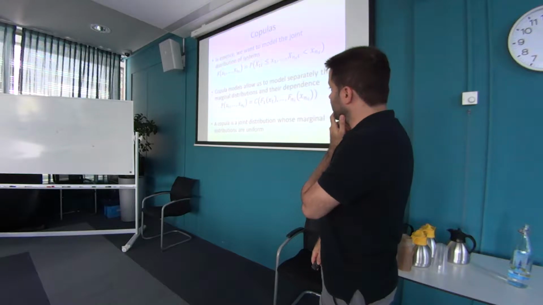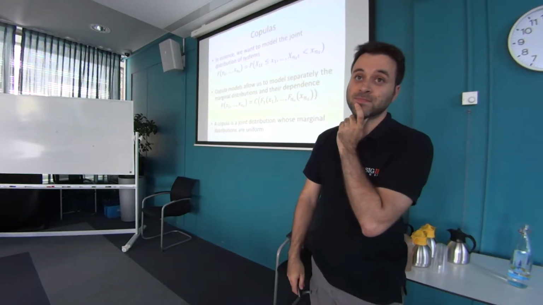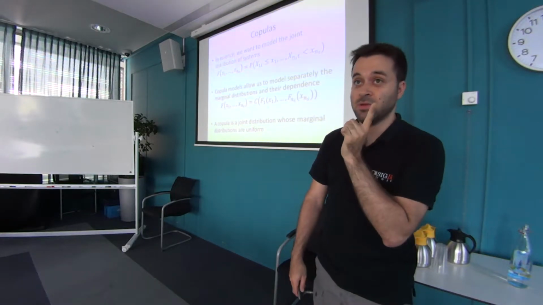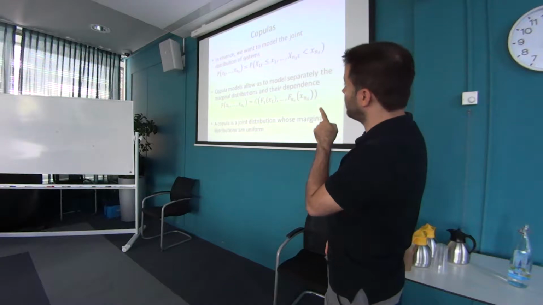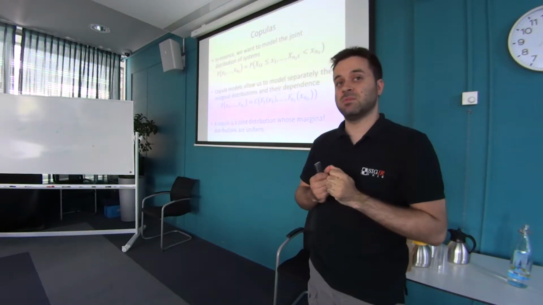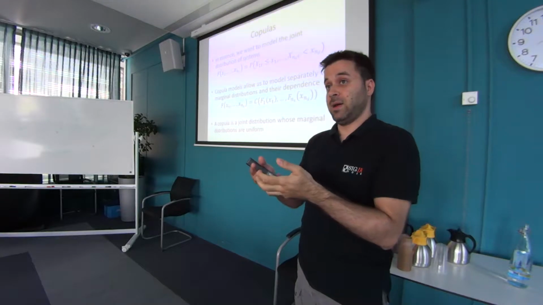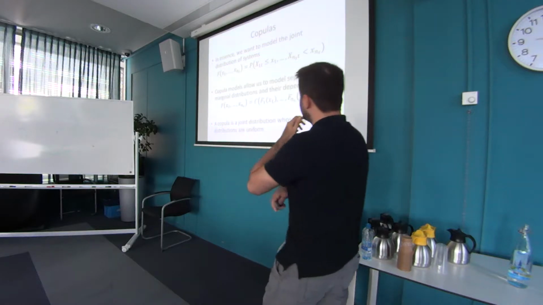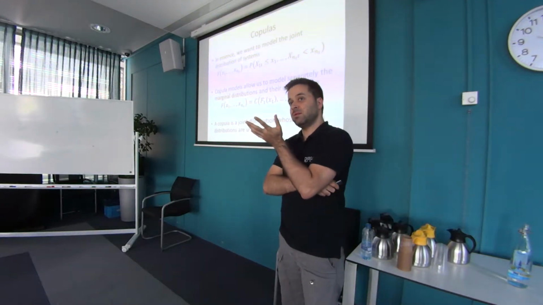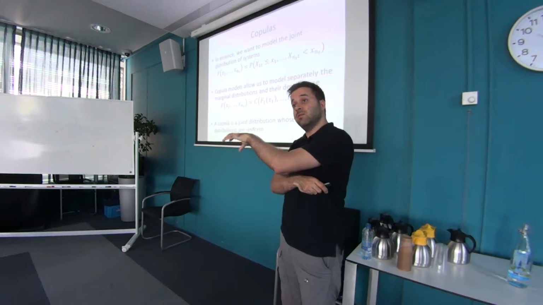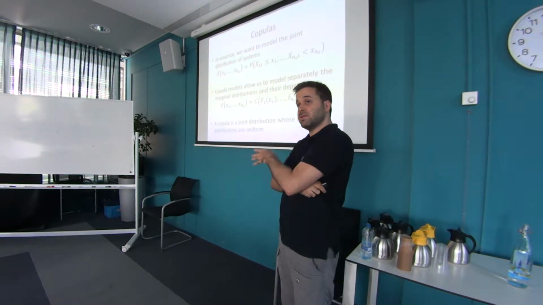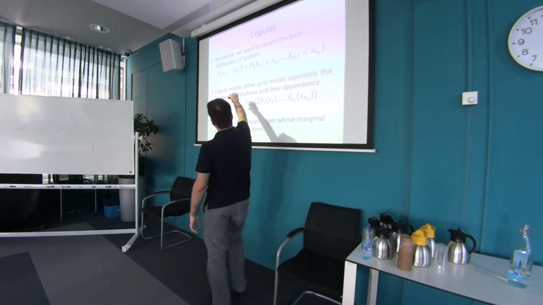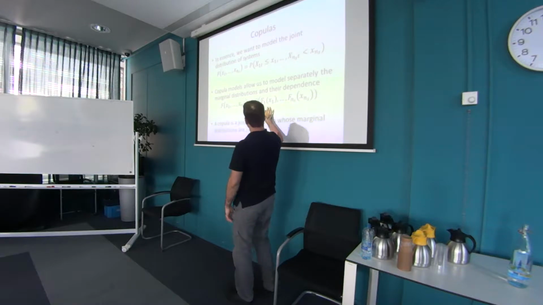And so for that, we can use something called copulas. And if you don't know where the name comes from, I suggest you go to Wikipedia because it's not what you think it is. And so, in essence, a copula is a model of the joint distribution of systems. So that's what we want to have, right? It's a joint distribution of the systems. And so, a copula model allows us to model it separately. On the one hand, the marginal, that is the distribution of each of the systems individually, regardless of the others. And on the other side, we model the dependency between all of them. And so that distribution that we have here for all the systems becomes something like this.